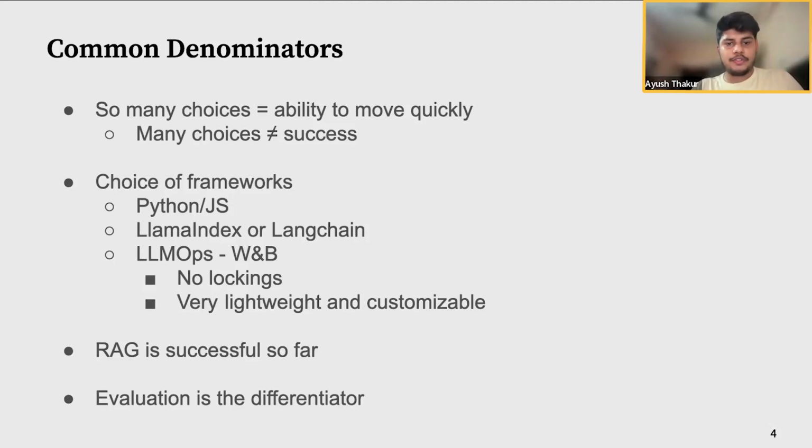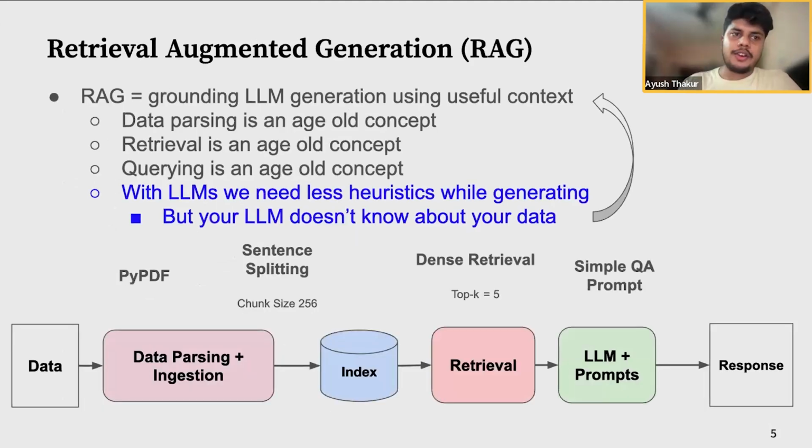So I just want to talk a bit about RAG, what it is, so that we all are grounded, right? And again, evaluation is the king. A naive RAG pipeline is basically data parsing, building a retrieval system, and then querying that retrieval system, right? Even though RAG as a concept seems like new jargon, basically it's just grounding your LLM generation using some useful context, right? That's all RAG is. So prompting is how we communicate what we want to be generated using RAG, and retrieval is what gives the RAG application or the LLM the required knowledge or the context